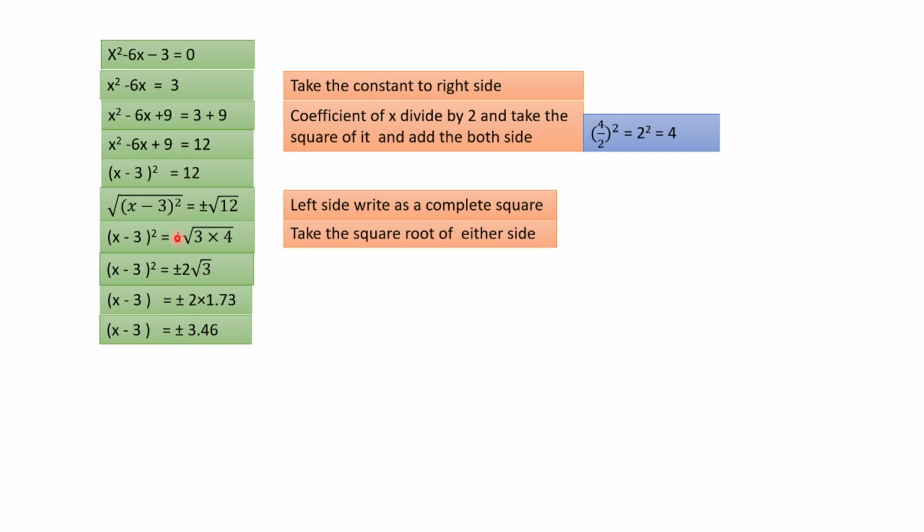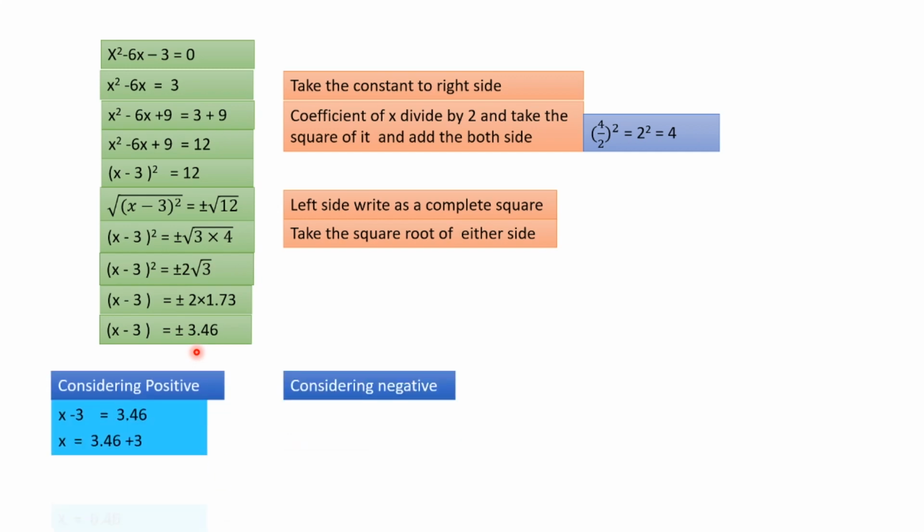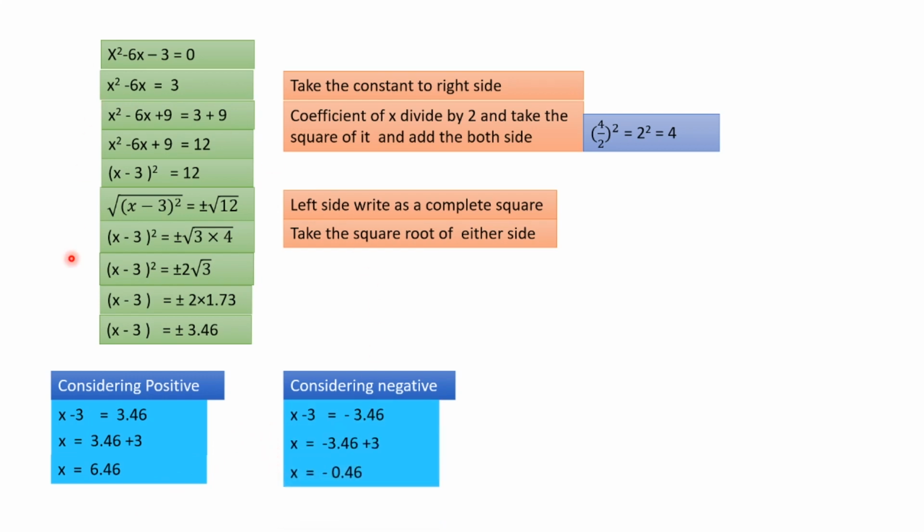The exam questions are like this, not the previous type of questions. In the exam, questions come with decimals. That means here there are no perfect square numbers. Here also not perfect square numbers. Mostly you have to apply surds. So you have to convert it to the entire surd. I think you know that. So 4, then square root of 2. Then in the same manner you have to consider the positive and negative. The positive value you can solve and the negative value you can solve. This is the method we are solving by using